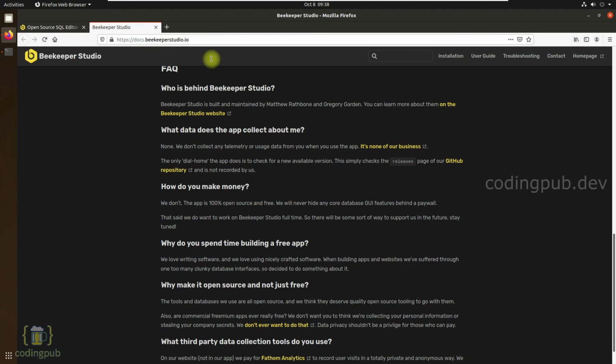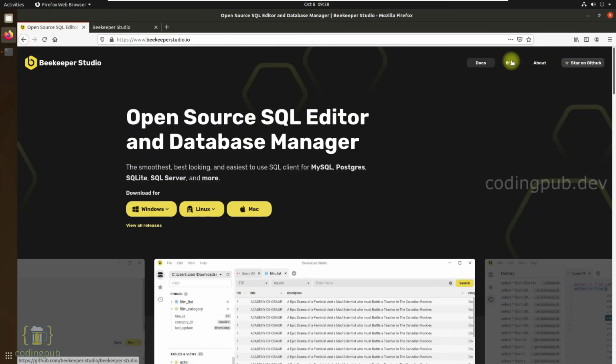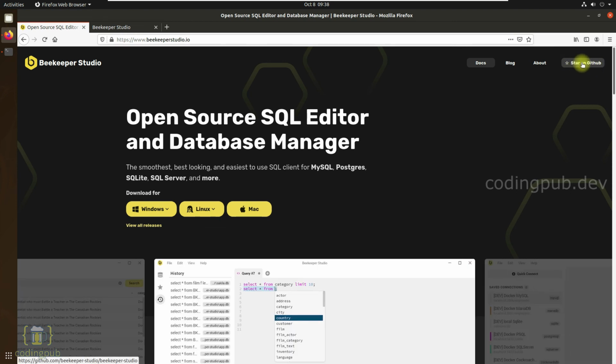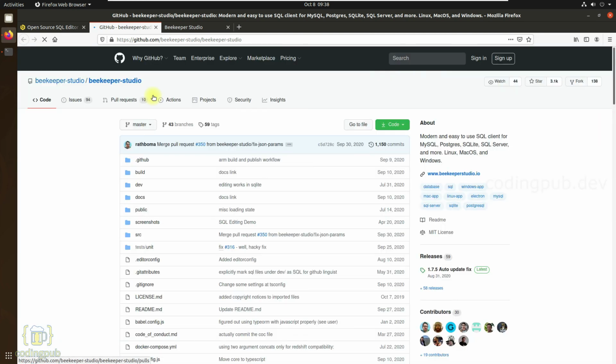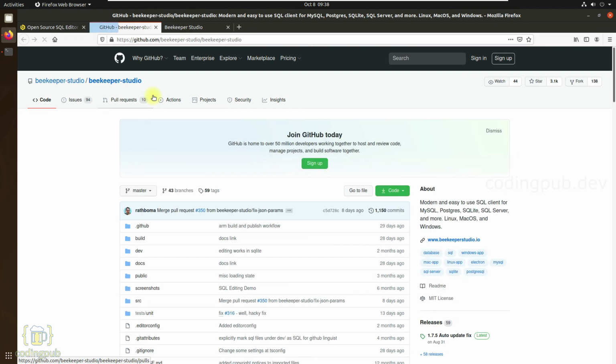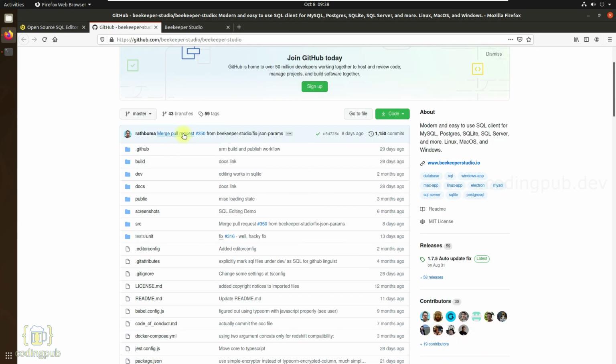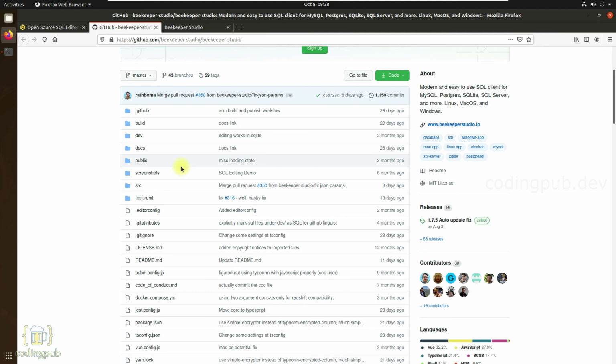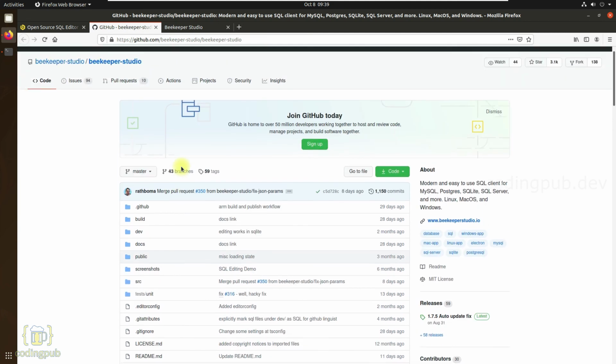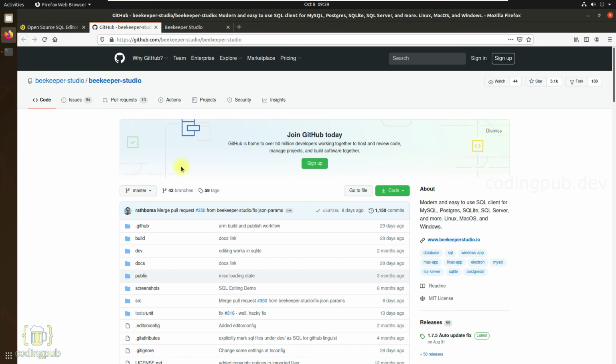If you have more questions about the source code of this tool, the source code is hosted as an open source repository on GitHub. You will be able to open the GitHub repository from the tool's official website itself. In the repository, you will be able to see the whole code base for this tool, and if you have any questions or security concerns, you can download the repository to your system and go through the whole code base to make sure that it is a reliable tool and you will be able to use this tool without any security concerns. So now let's see how we can install this tool on an Ubuntu system.